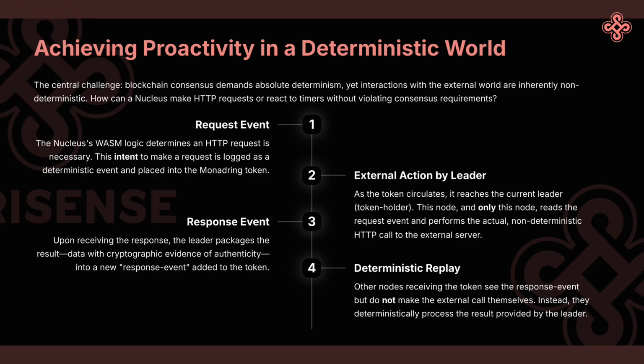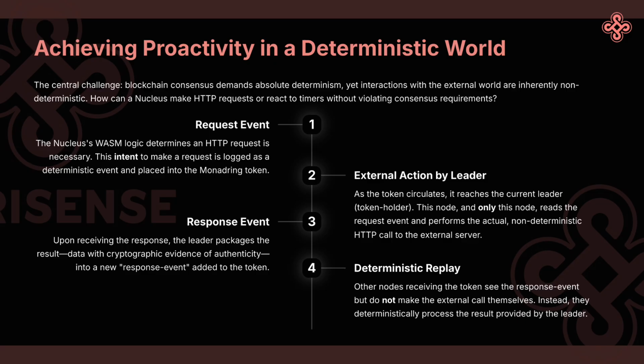Upon receiving the response from the server, the leader node packages the result, complete with cryptographic evidence of its authenticity, like a TLS proof, into a new response event. This new event is then added to the token. The token, now containing the canonical result of the external call, continues its circulation. Other nodes that receive it see the response event. They do not make the external call themselves. Instead, they process the result provided by the leader deterministically, which has now become an immutable part of the event